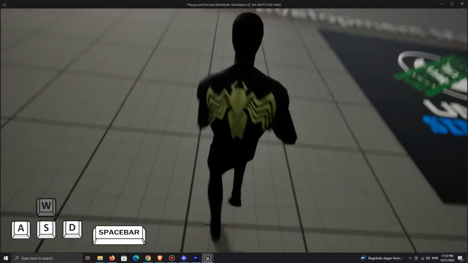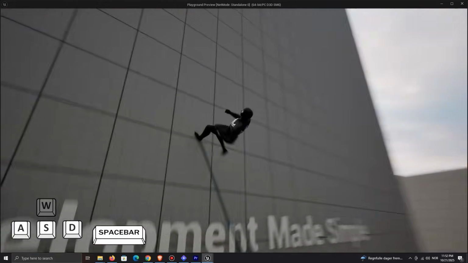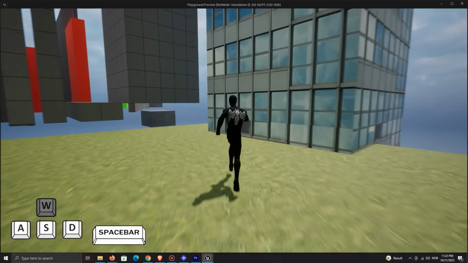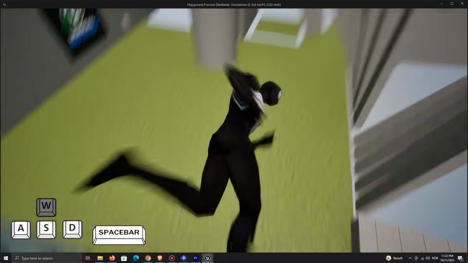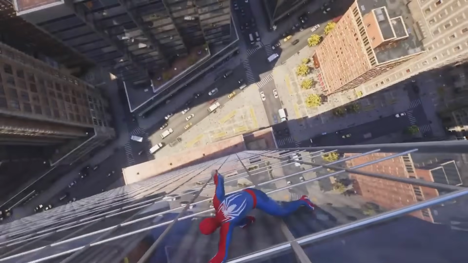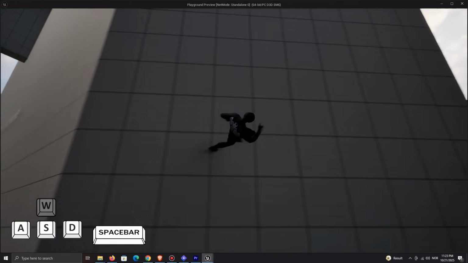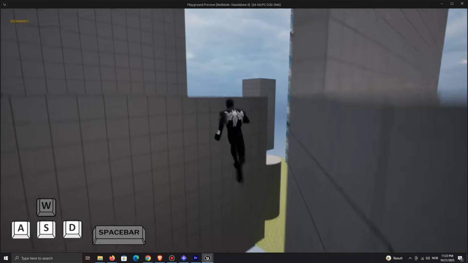After 5 months of hard work, the wall running mechanic is finally ready. A Spider-Man inspired wall running movement system. You'll be able to run up walls, run down walls, wink wink, switch walls, and more. You can choose what kind of walls to be able to run on, and if you